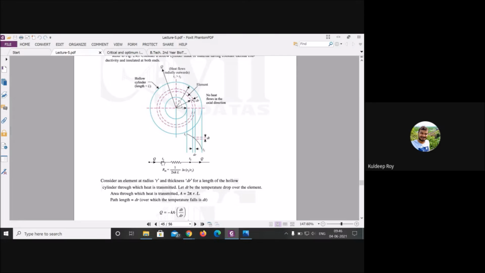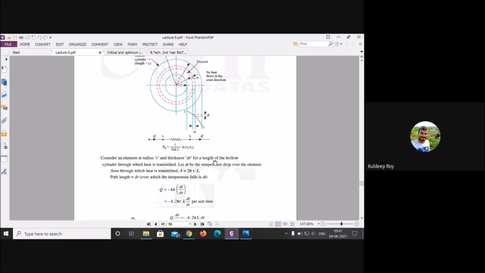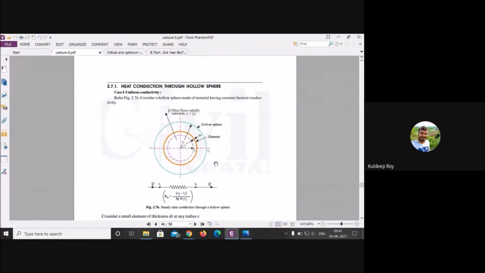Then how will you compare T1 to T2? You just have to determine how the heat will transfer from higher to lower. Now you can see T1 at the inside, and outside will be your T2. This is the profile of how the heat transfer takes place. It depends on the outer diameter and the inner diameter. Just keep in mind R2 by R1. Check the formula, thermal resistance is ln of R2 by R1 divided by 2 pi KL. Similarly, you have to do the derivation for the cylinder as well.